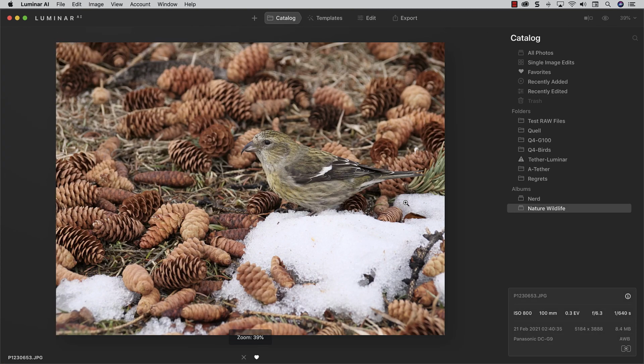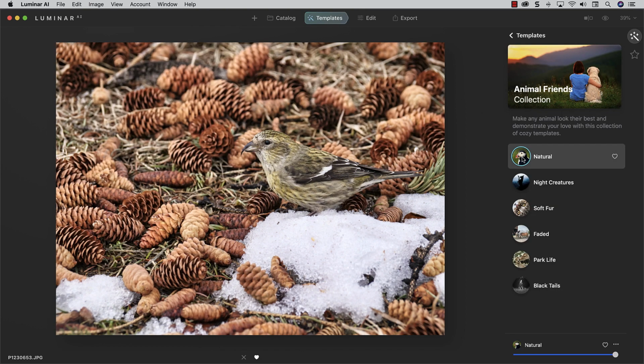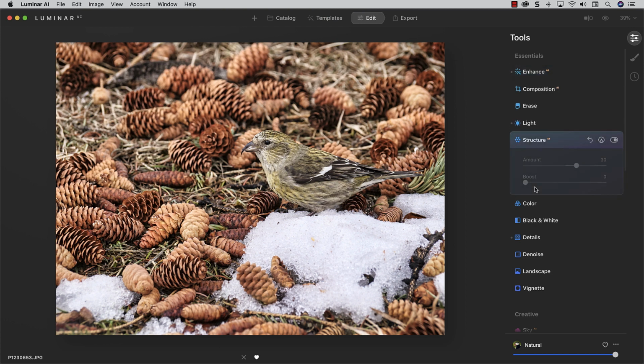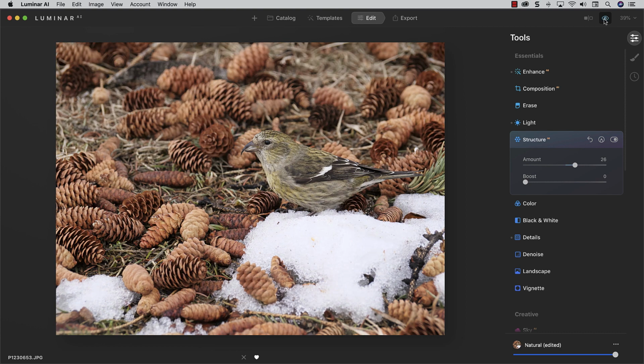Let's choose the female crossbill. And you guessed it, I'm going to go with the same template, natural. I mean, in this one too, look at how dull her feathers were, even though I think she was quite colorful. And again, I can pull down some of the structure just to make it a little softer, but not too soft.